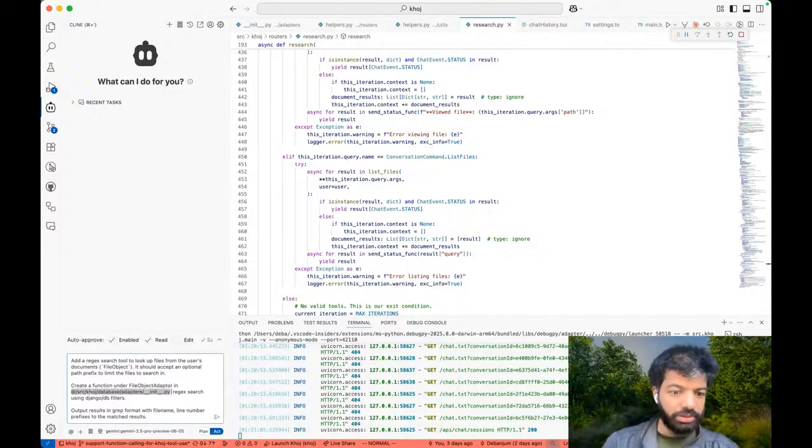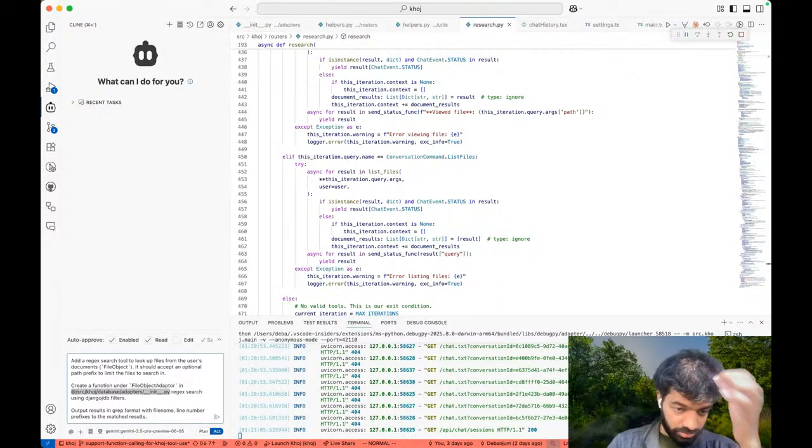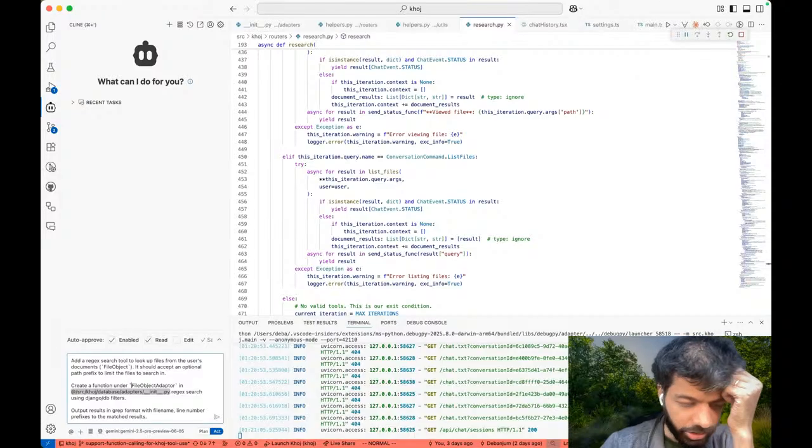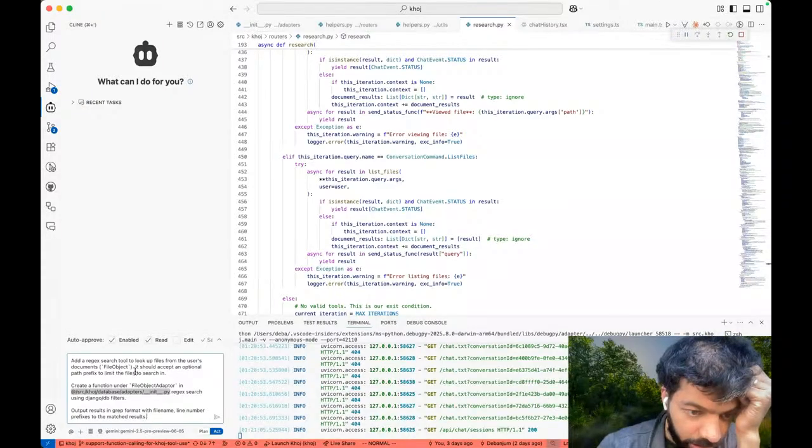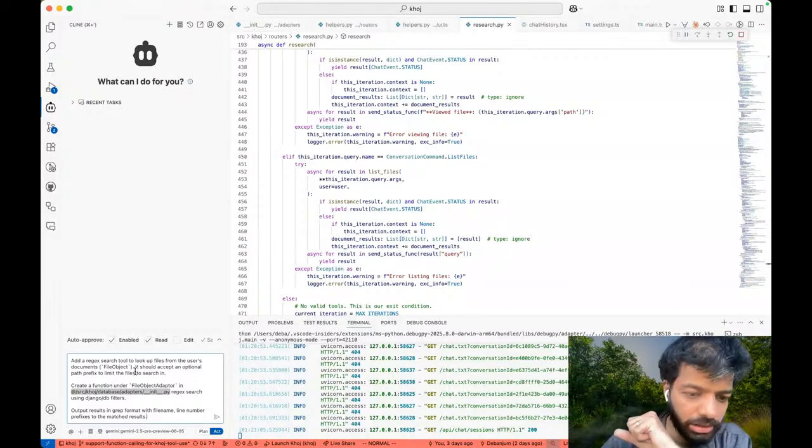Yeah, here. I wanted it to know which file to look in for the file object adapter. I'll show you what's in there, but that's where the DB calls are made, and the DB is where the user's knowledge base is stored. So that's why we wanted to add an adapter function to do the regex search. We wanted to output in grep format. That's correct. Add a regex search to look up files from the user document file object.